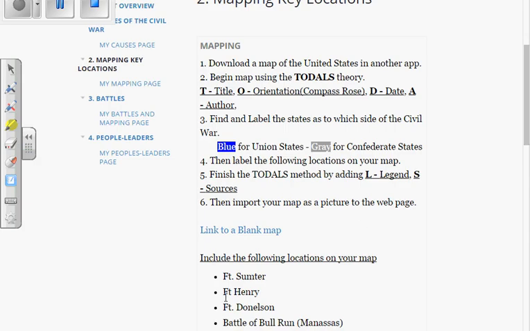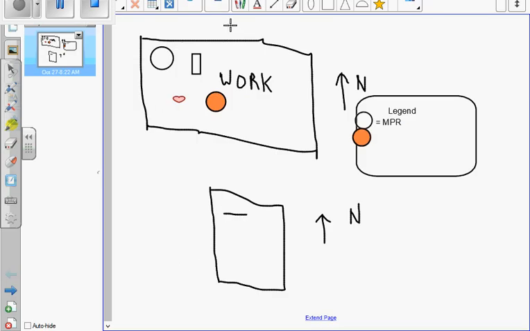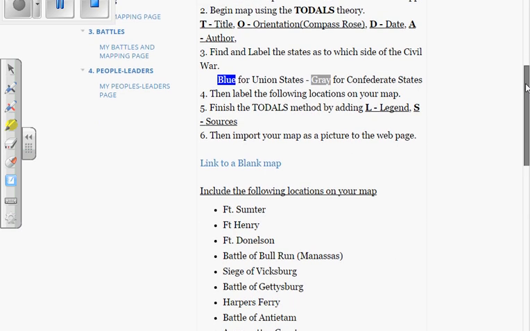Sources, simple enough. At the bottom of your map, someplace, all you do is create a little text box down here, and then paste in the website that you use to find your information. So here you'll have a list of websites that you use to find the battle locations, and then you'll have your sources listed. As for your actual assignment that goes with this part of the project,